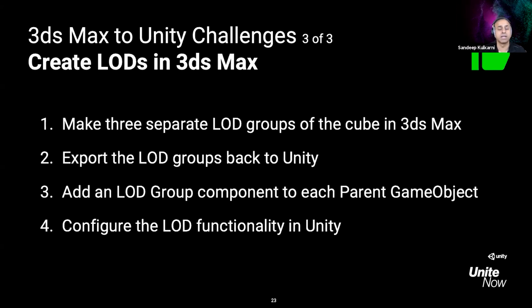While people are doing that, I know we are almost at time, but this is our last challenge anyway, there was a nice little question in Q&A. If you have an original model in Max to begin with, what would be the workflow? You got to import in Unity, make a prefab, then continue back and forth? Yeah, you can export as an FBX file in 3ds Max and then just drag that. You can just save it right inside your assets folder for the project, and Unity is just going to pull it right in. So at that point in time, it's really kind of a linked prefab, and then you can use that to go back and forth.